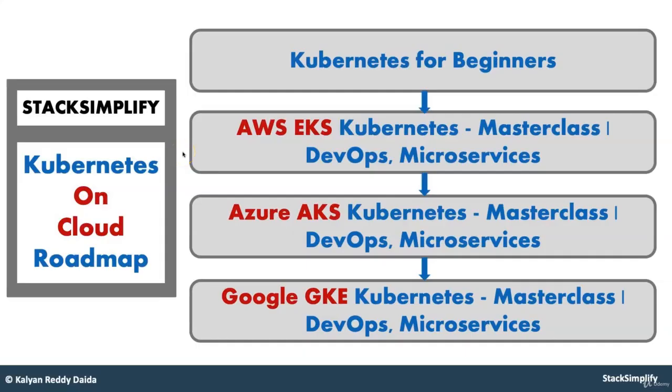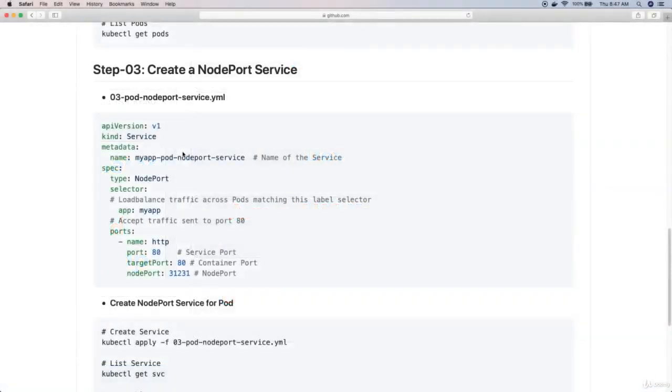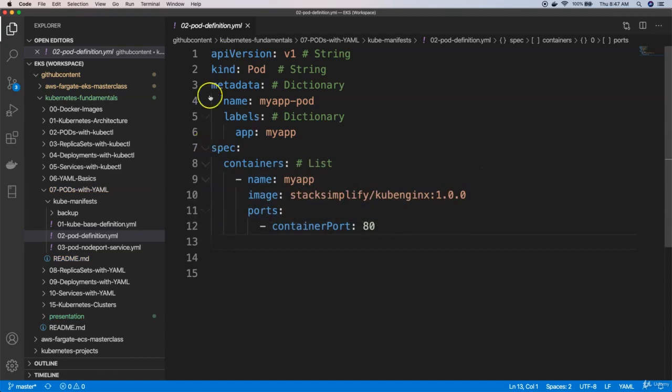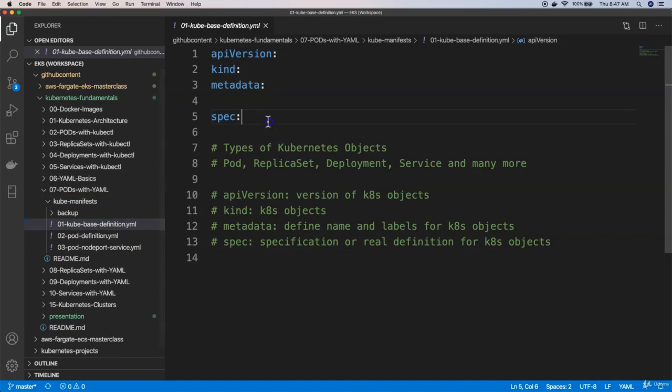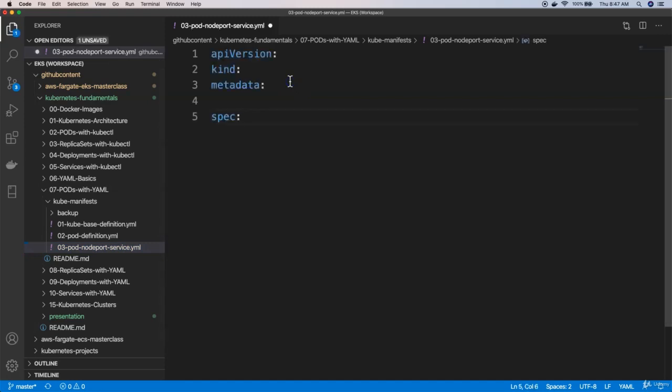Welcome back. Let's go ahead and create a node port service to access the pod we have created using the YAML definition. So let's go to our Visual Studio Code, and this is the 02 pod definition we have created. Let's again take our API version base and put it in 03 pod node port service. Now let's see what kind we are going to create: it is service, and its API version,